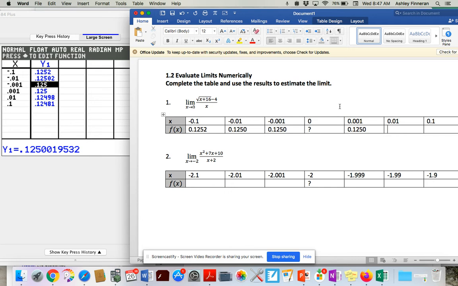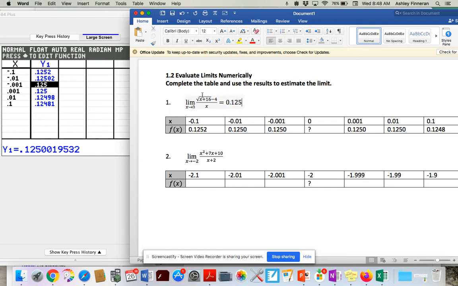0.12498 would also round to 0.1250. 4 decimal places is completely fine. 0.1248. And then as we're getting closer from the left side, I'm approaching 0.125 as I am from the right side. So if I were to approximate what this limit equals, this limit is equal to 0.125. That is an approximation, and we will talk about how to evaluate this